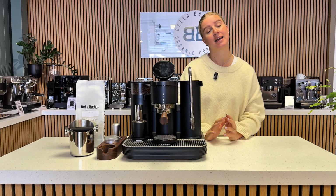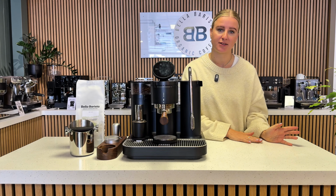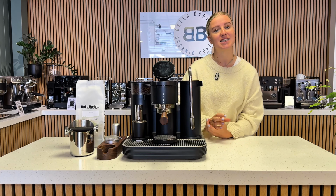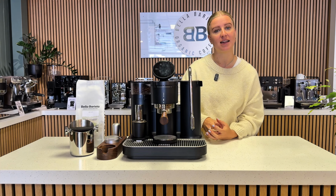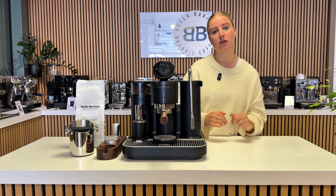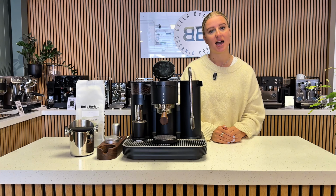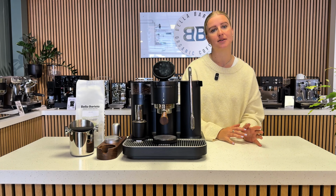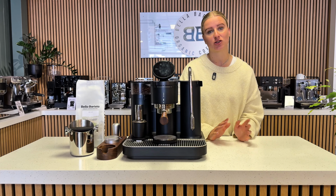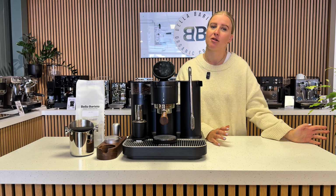Once you're hitting that sort of consistency, this is where you go back to your espresso recipe. So you want to make sure that you've got 18 grams of that coffee ground to that consistency, tamped and then through your machine, and you want 36 grams out, and you want this to extract in 25 to 32 seconds. If you're not hitting that extraction window and it's coming through too fast, maybe 10